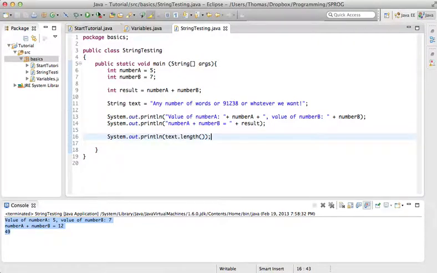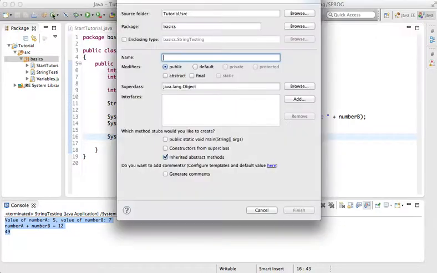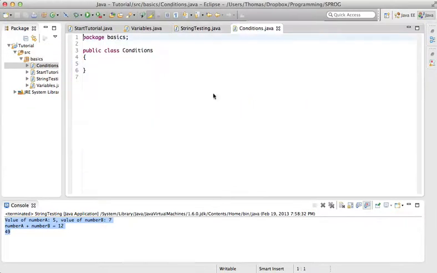We'll just go ahead and create a new class which we will call conditions. And of course, as always, we will start our main method up here,